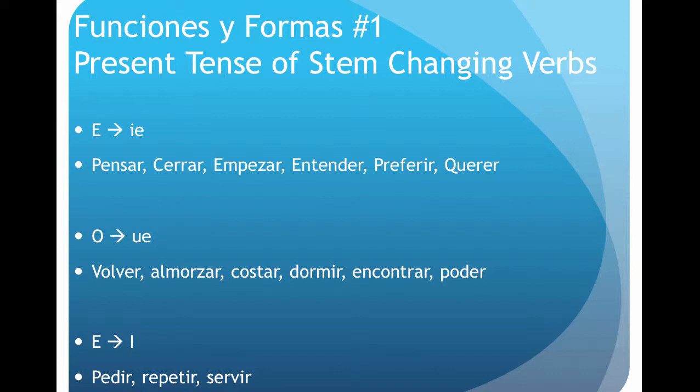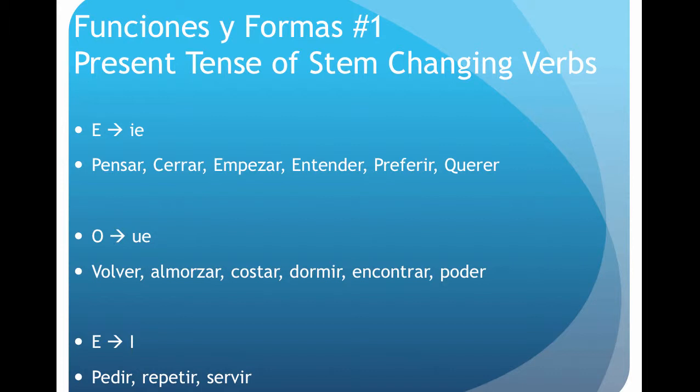Yo pienso, yo cierro, yo empiezo, yo entiendo, yo prefiero, yo quiero. And we see actually that in all forms we'll have a stem change in the stem, so E to IE, except for the nosotros form, when we have pensamos. So it just changes to P-E-N-S-A-M-O-S, pensamos.